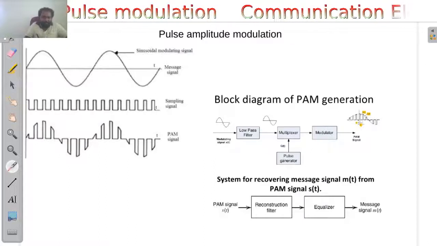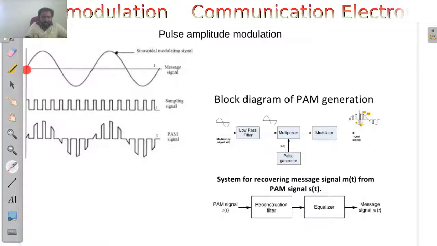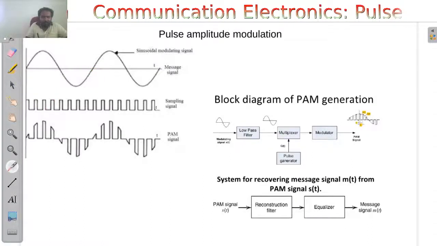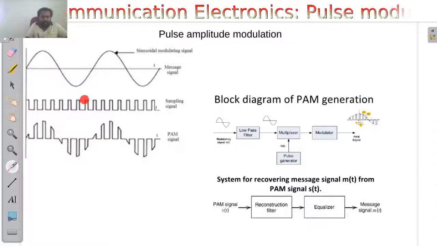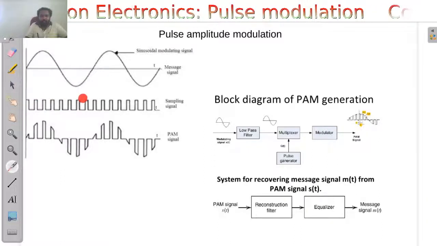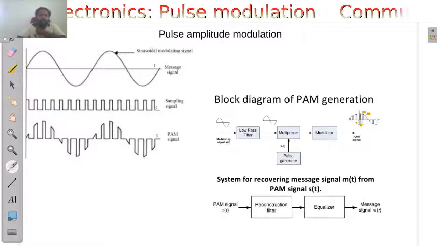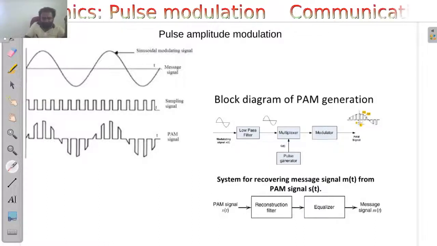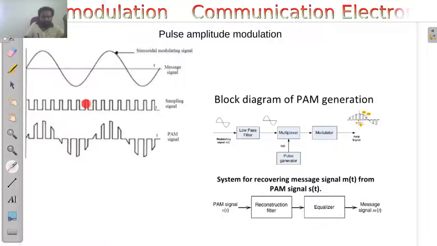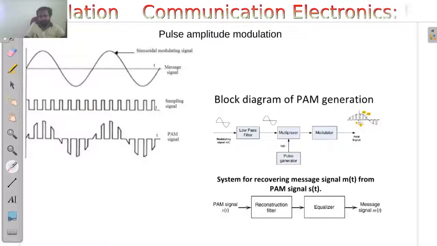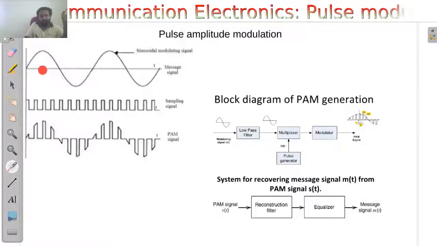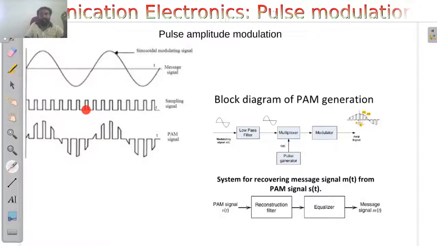So you can see that there are multiple pulses coming inside the single time period of this modulating signal. 1, 2, 3, 4, 5, 6, 7, 8. Yeah, that is 8 samples are coming, or 8 pulses are coming, which means it is much higher than our Nyquist sampling rate. So our Nyquist sampling rate is 2 times the waveform's frequency. But now we are going to take 8 samples per cycle. Okay, as per Nyquist, the minimum condition is 2 samples per cycle, but we have taken 8 samples per cycle.